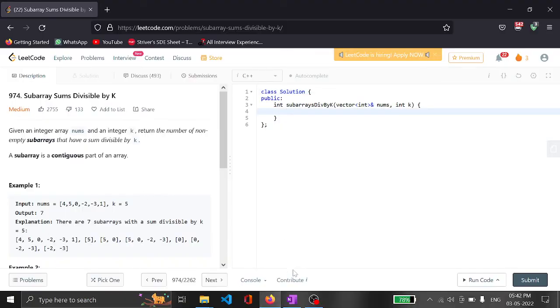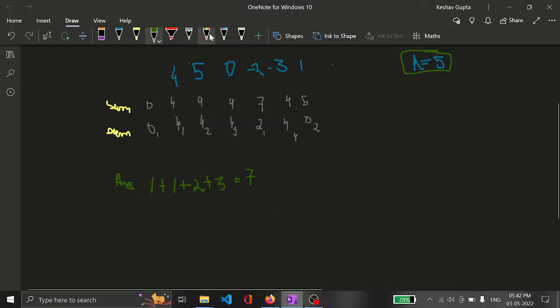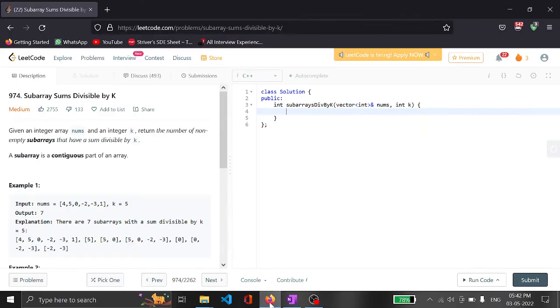One thing I forgot to mention is that if you ever get a negative remainder, then you have to increment the remainder by k. Okay, so first we will maintain the sum variable as 0, and remainder is also 0, and we will maintain an ordered map which contains the frequency of the remainders.